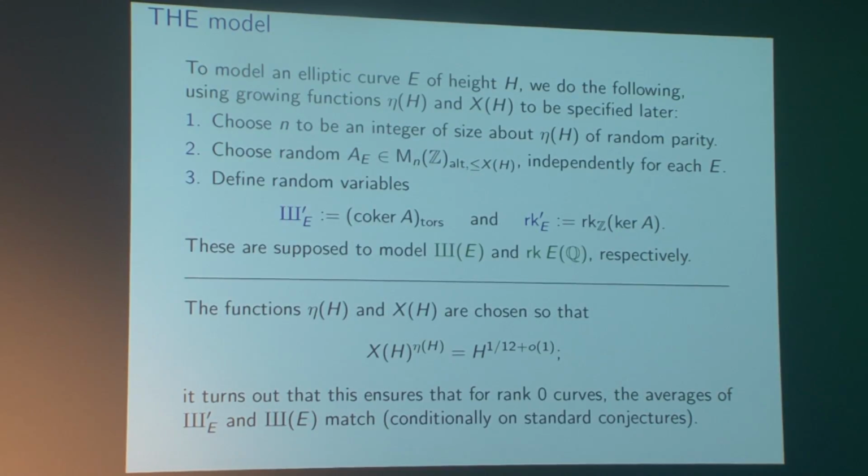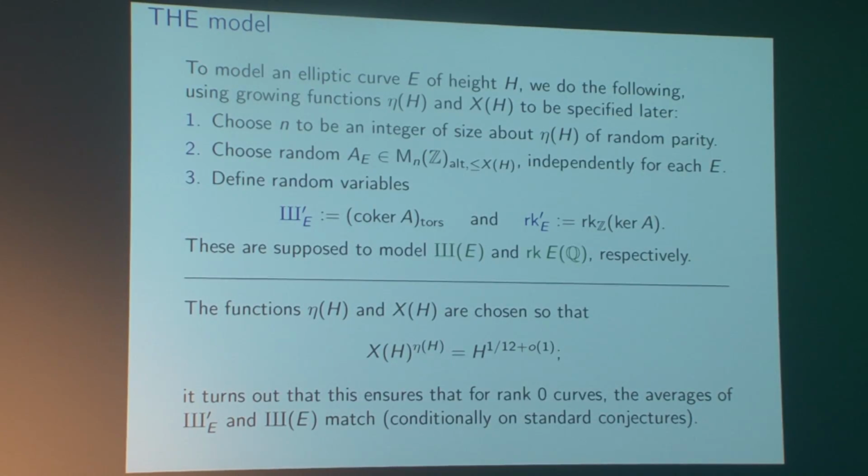It's going to be something like the Cramér model for prime numbers. If you want to model the prime numbers, one naive way is to declare that 2 is prime with a certain probability, 3 is prime with a probability, and so on, and x is prime with probability 1 over log x. If you sample all those, you get some sequence that looks kind of like the primes. I'm going to do something similar here. For each elliptic curve, I'm going to sample a random matrix, and out of that matrix, I'm going to build something that's supposed to be like a